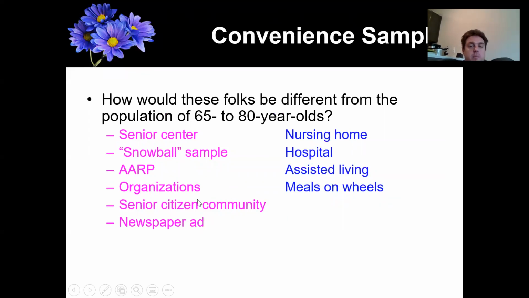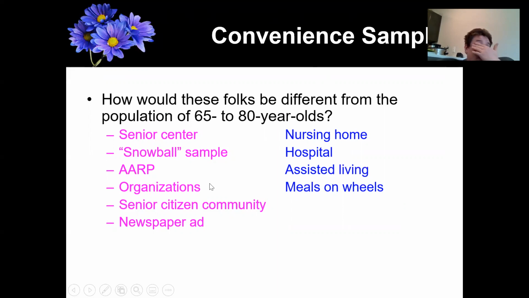Well, if you were to take people, there's a bunch of them I know, but say from a newspaper ad or an organization, compared to say a nursing home or a hospital, they're probably more cognitively sound. If you say, well, let's just pick two for example, from an organization compared to a nursing home, right? If they're healthy enough to get up and go to these organization meetings or the AARP or whatever meeting they're going to, they're probably in better shape than people you would get from a hospital or a nursing home, right, or assisted living.